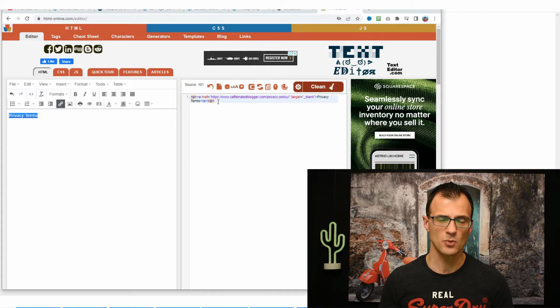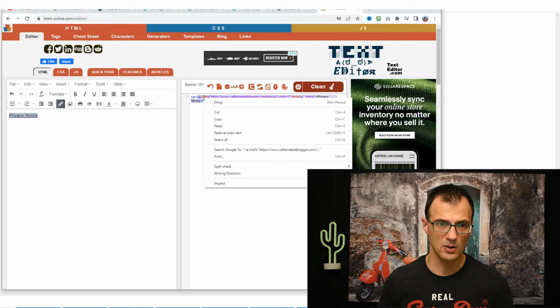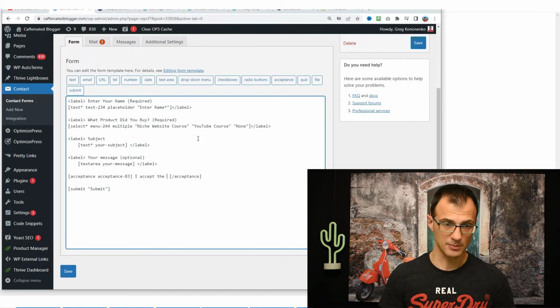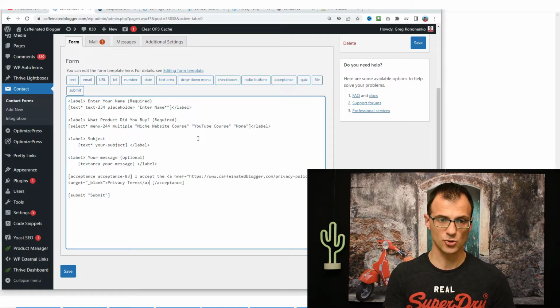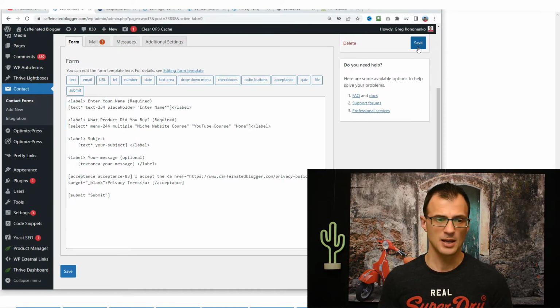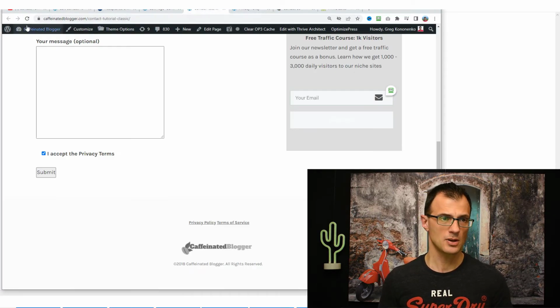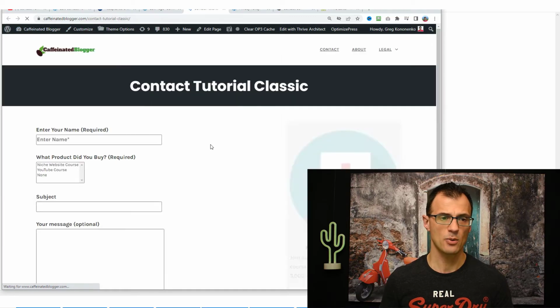And now I'm going to grab this text. I don't want the P's to appear, so paragraph tags, I don't want them. I just want everything that is in between, like this. Now let's right click, copy, and now let's go back in here. I'm going to delete privacy terms, and I'm going to Control V to insert this HTML code. Let's now click save, and you will see what will happen. So let's just refresh our page.